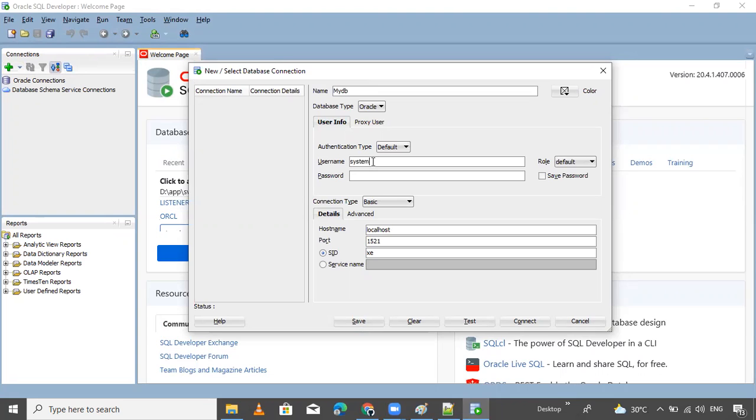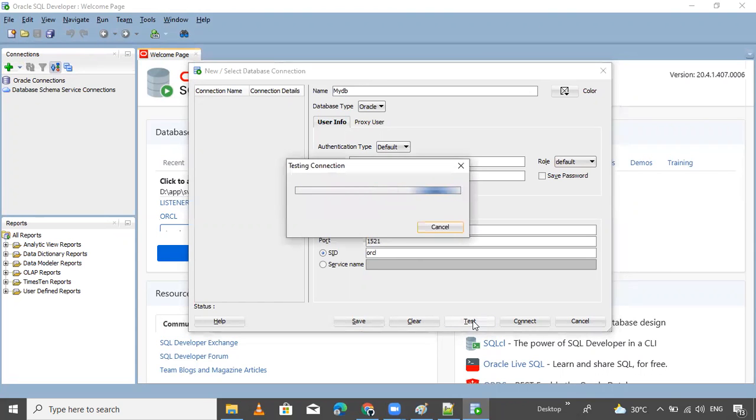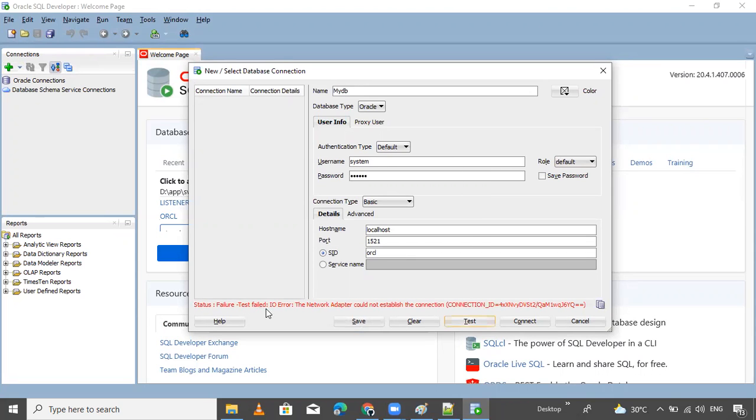My username is system and the password is system. ORCL, SID is ORCL. Okay, first of all, test whether it's connected or not. If it failed, then leave it. Okay, connection failed. IO error: the network adapter could not establish the connection.